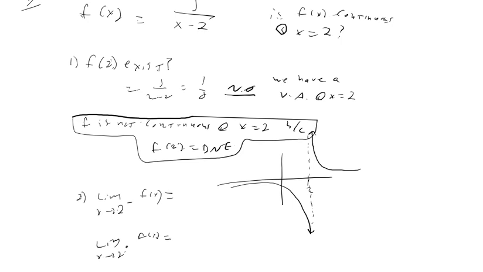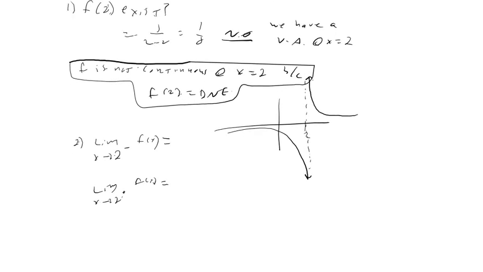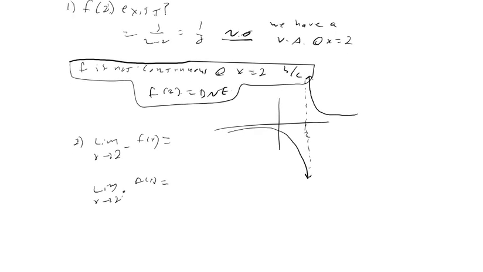We know it's not continuous because we have an asymptote. But what do the limits equal? Is there a limit? The limit as x approaches 2 as a whole. Can we find a value for this limit? What can we say about these limits? Well,